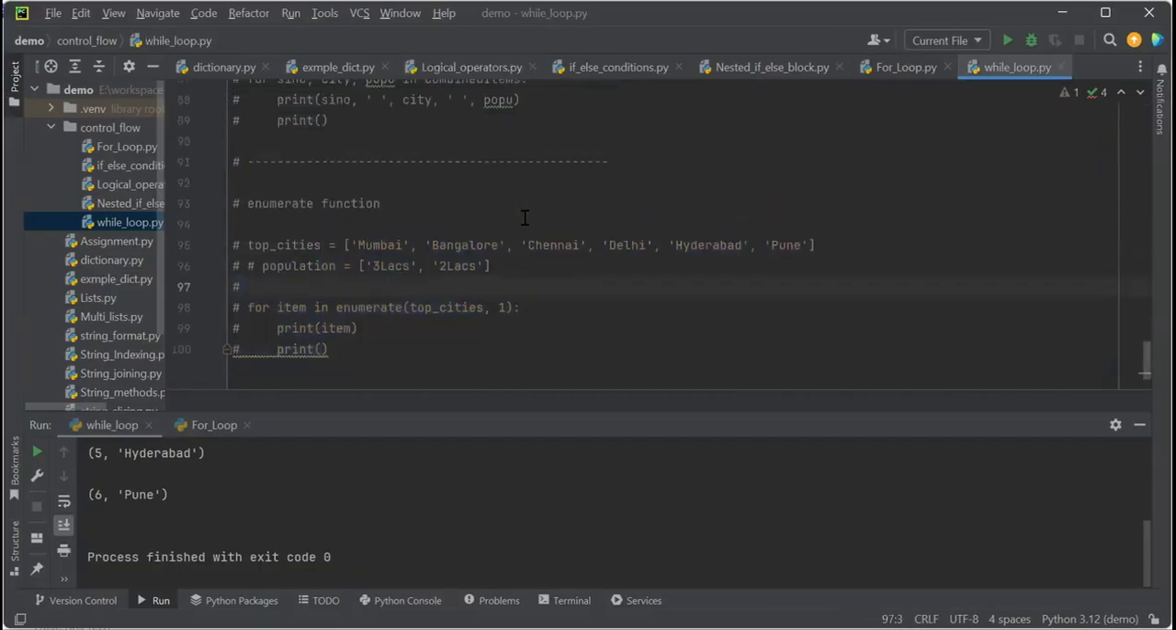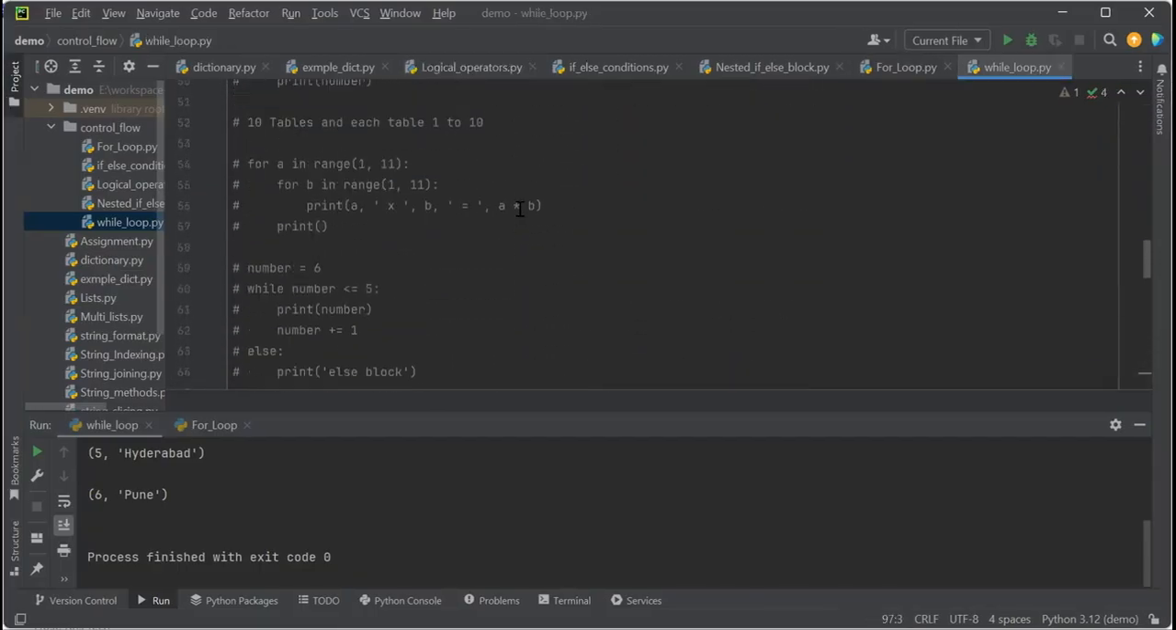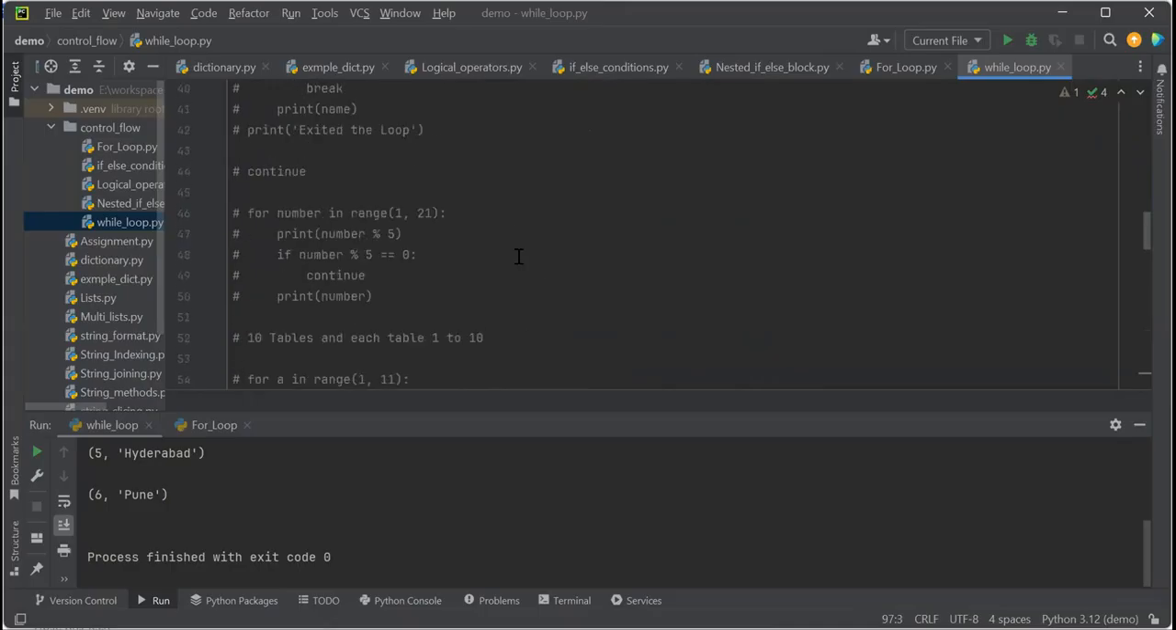Are you good on this control flow? Any queries, questions, please let me know. Very, very important and interesting. If you know these basic things,